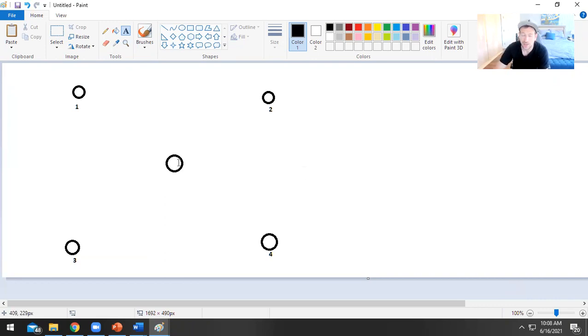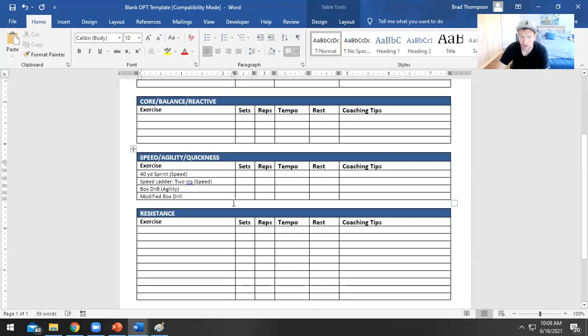So you would start them here and say 2, and they would sprint and go back to the center. And you'd say 4, sprint and back to the center. 2, to the cone, back to the center. 3, to the cone, back to the center. 1, back to the center. They don't know where you're going to go. That's why it's a quickness drill. Obviously, there's a lot of agility there. They have to sprint and change direction a lot, but they don't know where it's going. That's the modified box drill, okay? And that's a quickness drill.